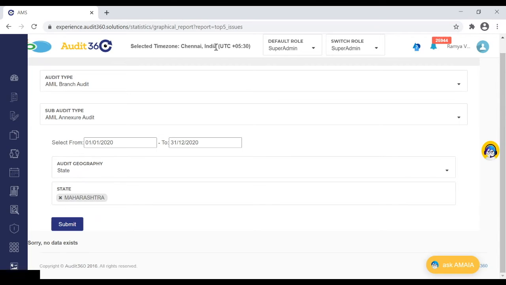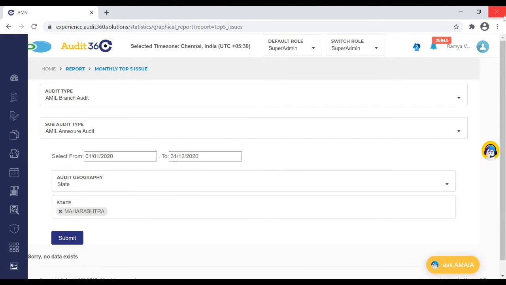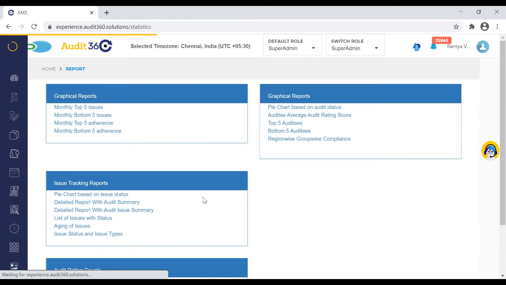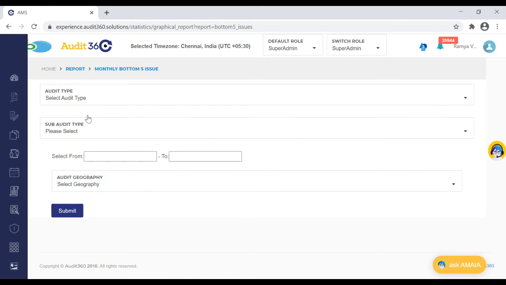Now, in a similar way, like how we saw top 5 issues, we also have bottom 5 issues. Bottom 5 issues are nothing but when an audit has been executed, and the issues which have been identified across the audits we have executed are on the lower side.